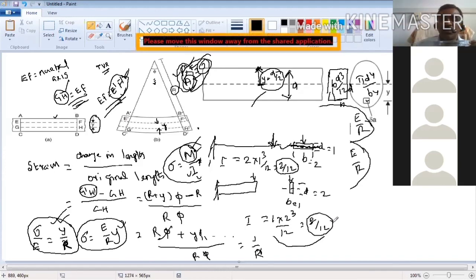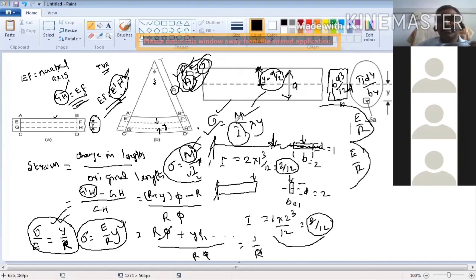We already have in the equation sigma is equal to M divided by I into Y. So as M increases, sigma will increase. As I increases, sigma will decrease. So it is giving more resistance. If you keep the beam like this and apply the load, it is giving more resistance. It is not bending because moment of inertia is more. If you keep the scale like this, when you apply the load, moment of inertia is less, stress is less, so it is giving less resistance to bending.